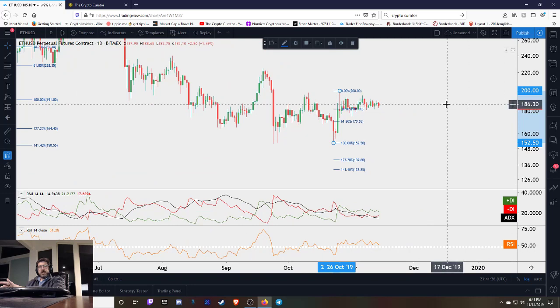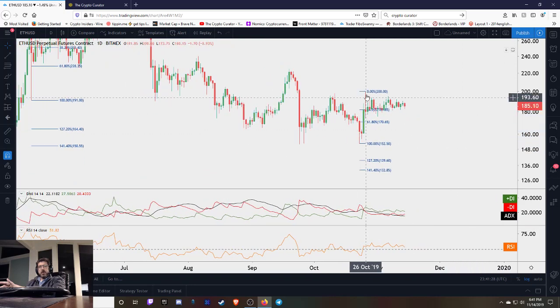But as you can see, from this low to this high, the market has worked its way back down to the 38.2% at 181 or so. And that level right here has been support. Now, of course, we're getting into this area of